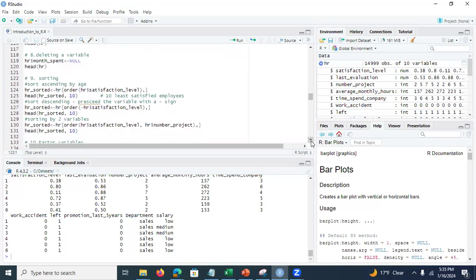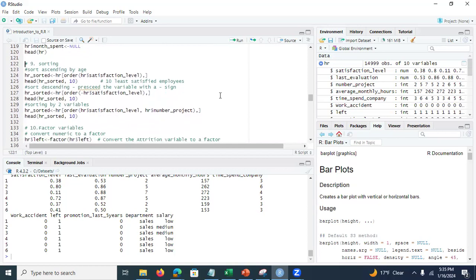Next thing is sorting. So why do you sort things? Sometimes I want to see, for example, top 5 scores. Sometimes sorting could be used to eliminate the duplicates. So here I want to sort my data ascending by age, and I want to create a new data